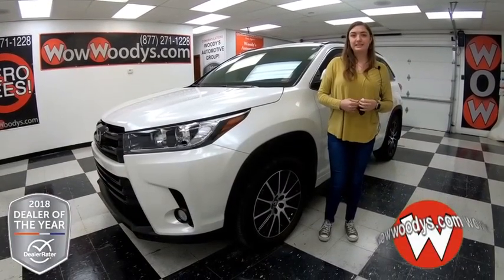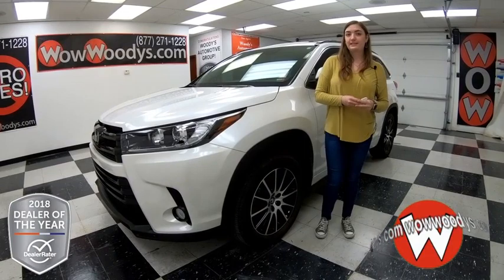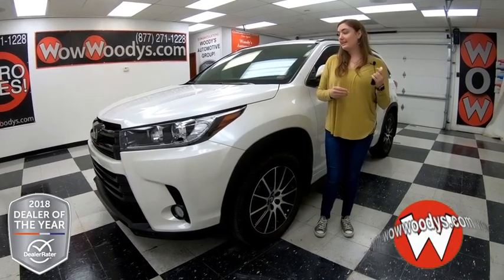Here with this 2018 Toyota Highlander, and this amazing third row vehicle that has heated seats, sunroof, and a lot